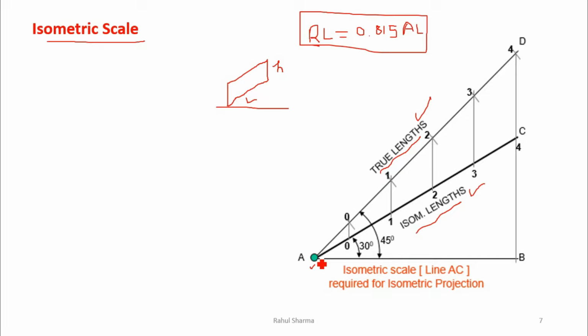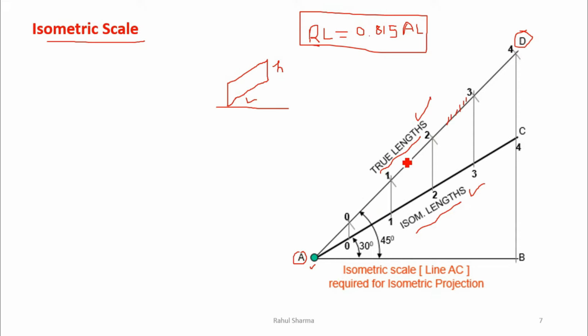How do we do this? First, from O point we make a horizontal line AB. At the same A point we make one angle 30 degree AC. Then we make another angle AD at 45 degree with the same AB line. At AD line, we have to make the same scale which you use for the measurement, which you use for the drawing. You have to draw the same scale, means 0 to 1 centimeter, 1 to 2 centimeter, 2 to 3 centimeter. These are the actual centimeters. In between you can mark the mm division also.